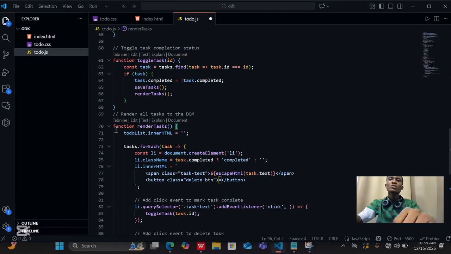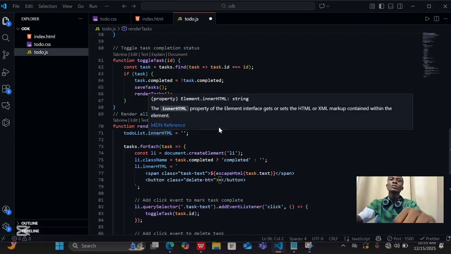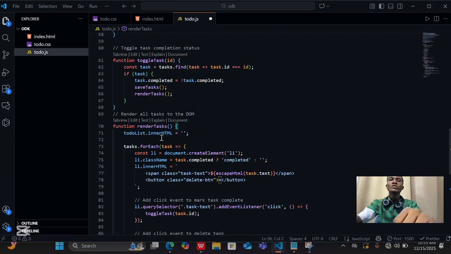The next one is render all tasks to the DOM. So render all tasks inside the HTML. Now for each task, you render it. So rendering the task is dynamically